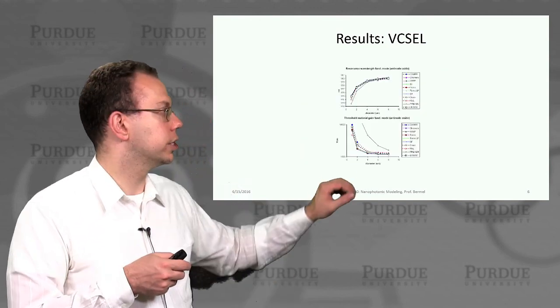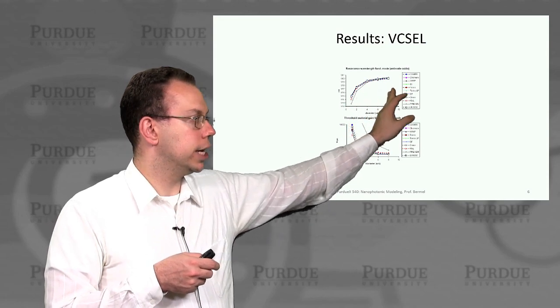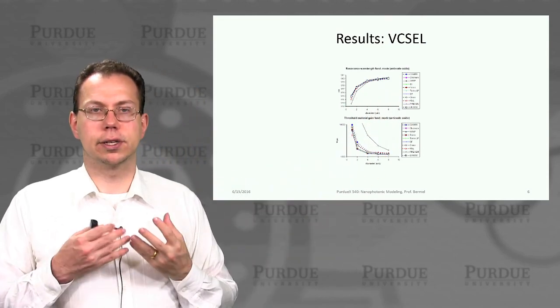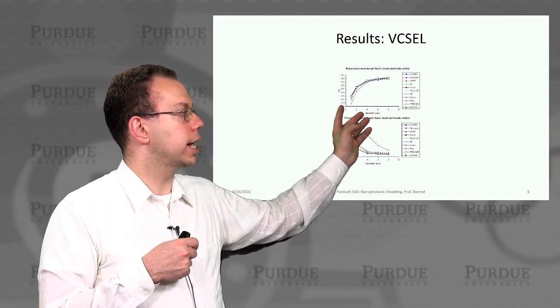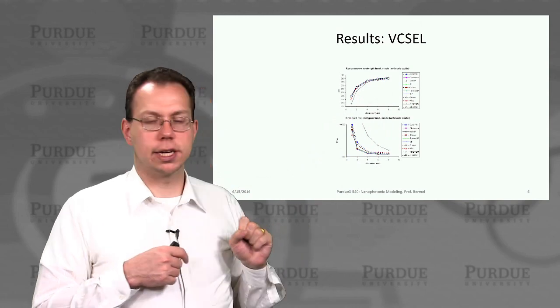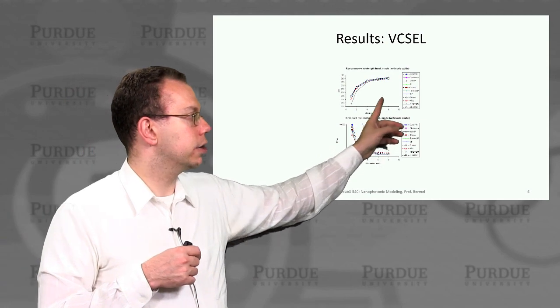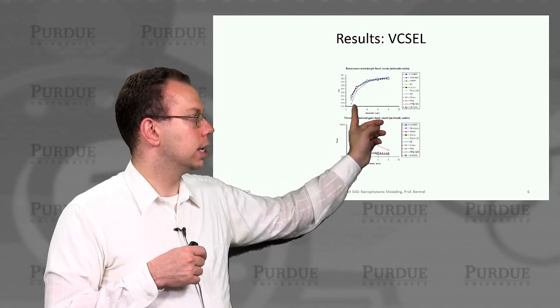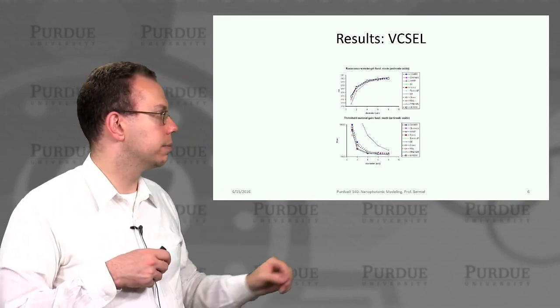And then this is actually showing what kind of results you get for the resonant wavelength as you change the diameter of the VCSEL. So that allows you to potentially tune the VCSEL. So you can actually calculate the resonant wavelength as a function of the diameter of the VCSEL. And this is in good agreement with previous calculations from other groups. And so you can see, especially as you go to larger diameters, there's very strong agreement.